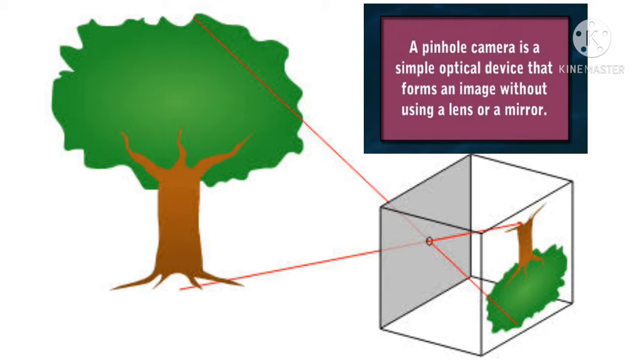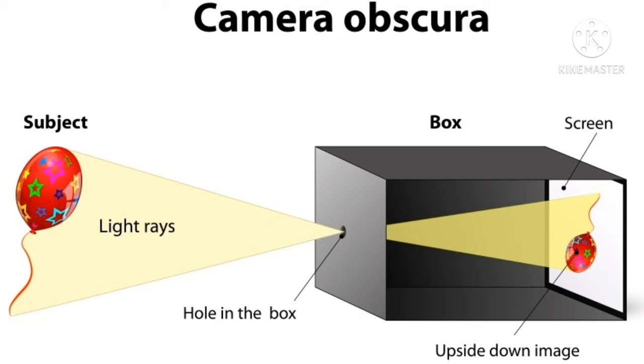If the pinhole is made bigger, then a large number of light rays from a given point of the object pass through it, due to which a blurred image of the object is formed. A pinhole camera is usually used to view the images of various objects like trees and buildings. The pinhole camera can also be used to take a photograph of an object if a photographic film is placed on the screen.